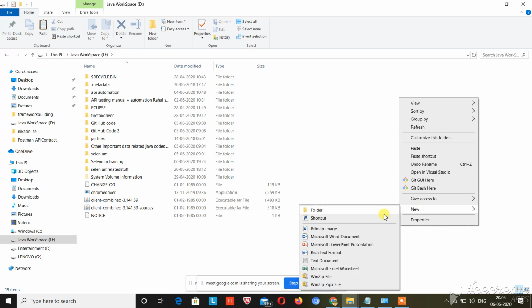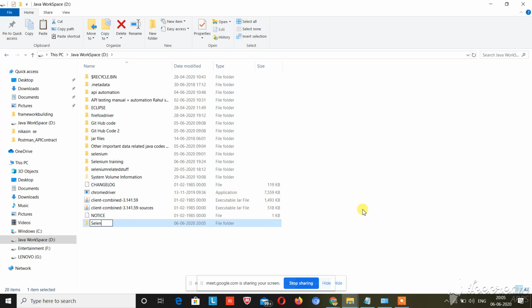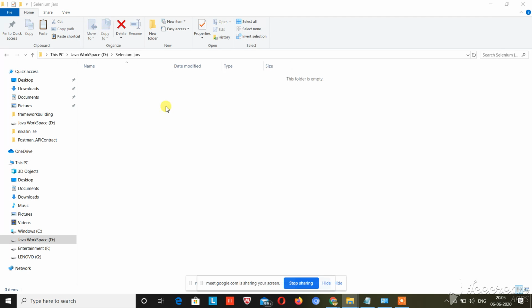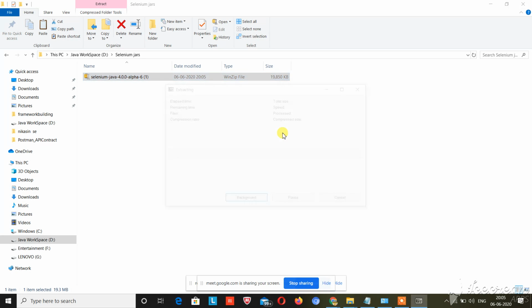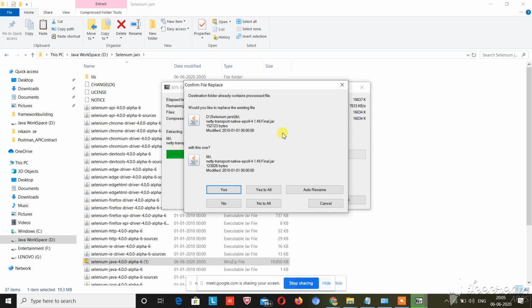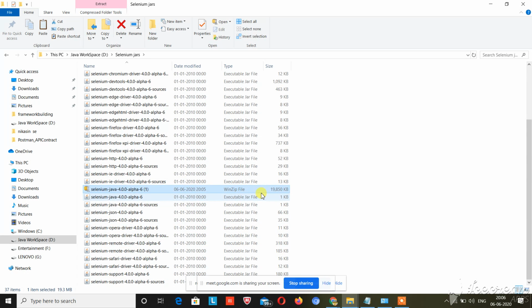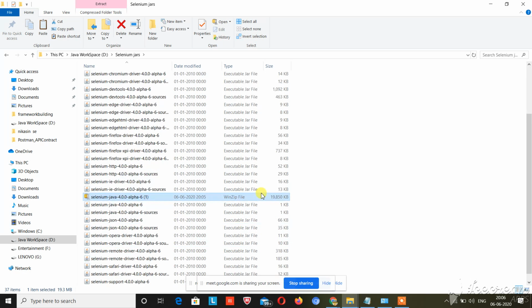Now you can make a folder. I normally make a folder because I don't want to mess up things in other folders. Name it Selenium jars, and paste your jars here, right click and extract the jars. So I'll extract here. Guys, when you extract, these jars will be downloaded.